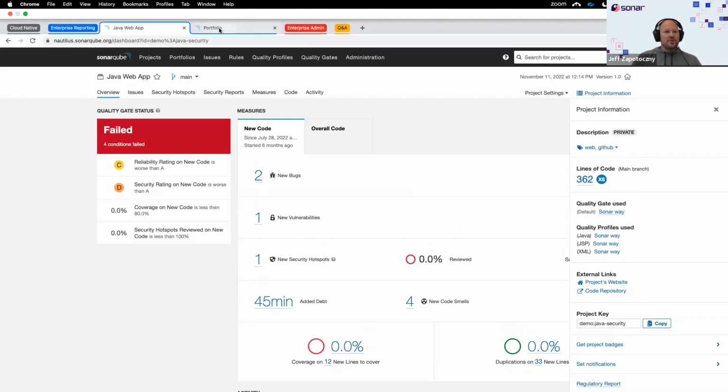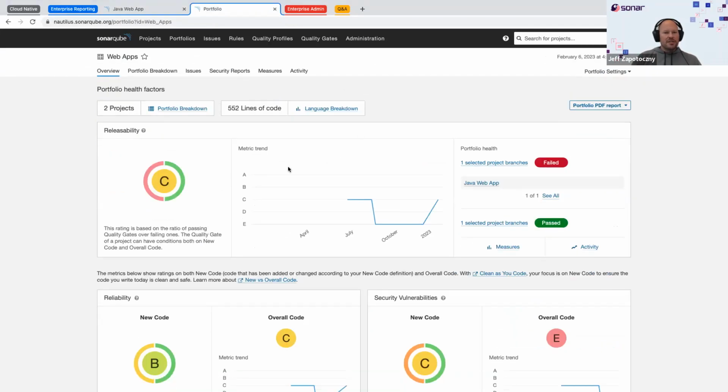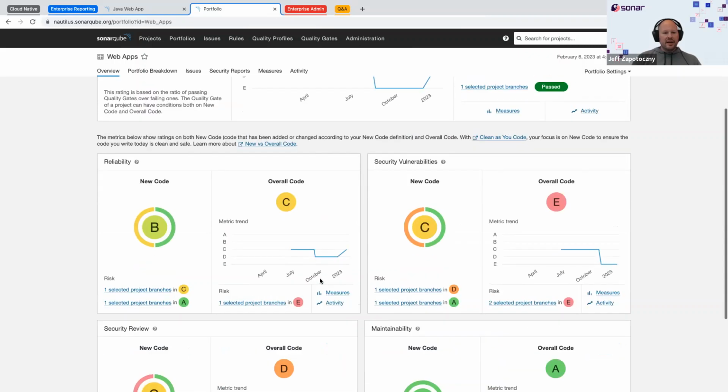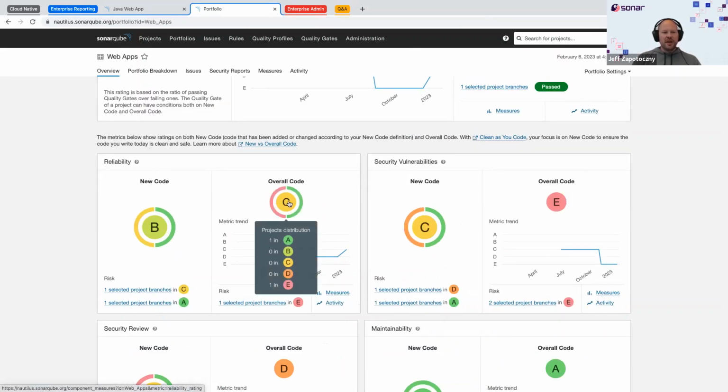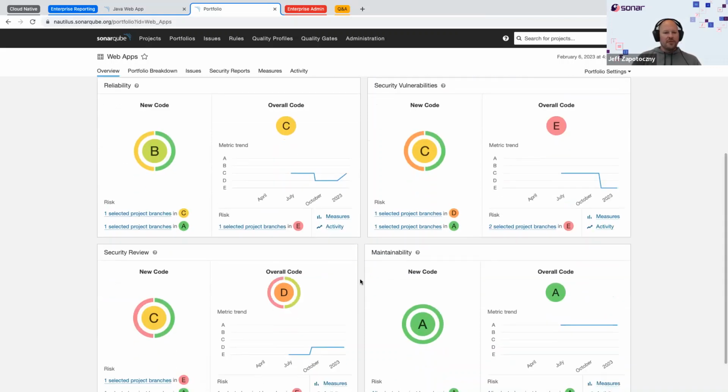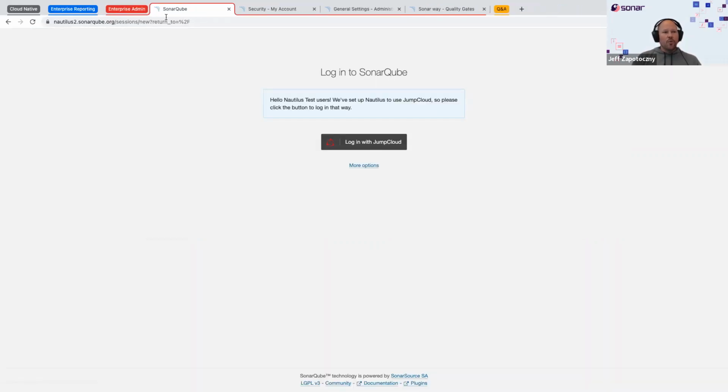When it comes to portfolios, you'll see here, if I take a look at a portfolio, they're a lot more colorful now. And there's some extra dimensions in terms of this differentiation between new and overall code for each of those main ratings. To continue with the overview of enterprise features, let's also talk about what we've done to make